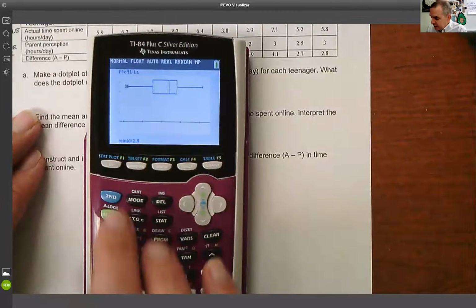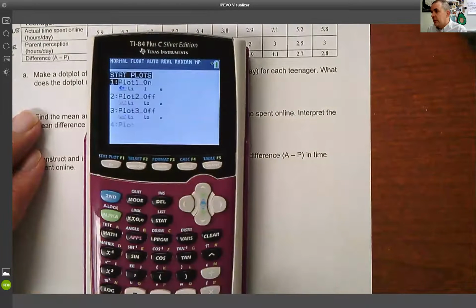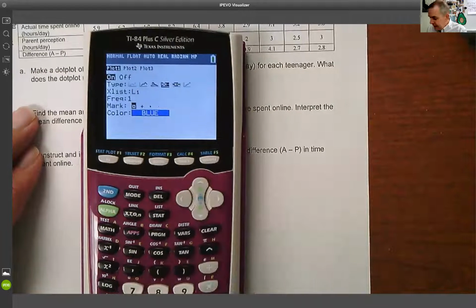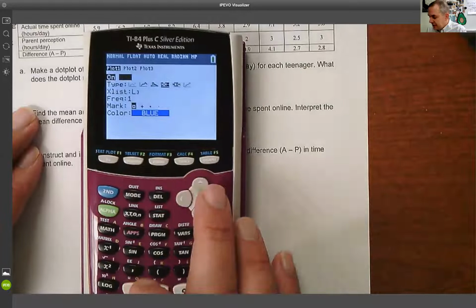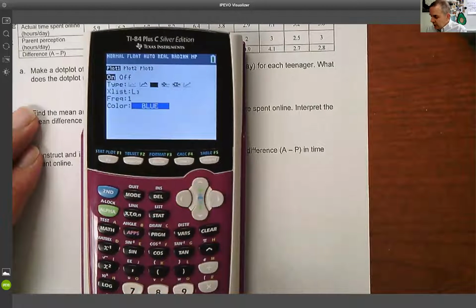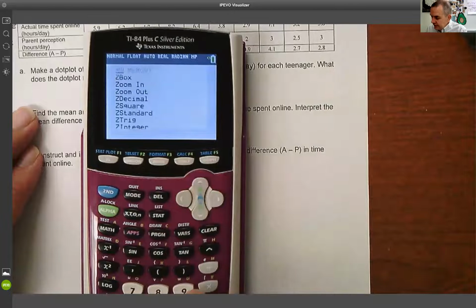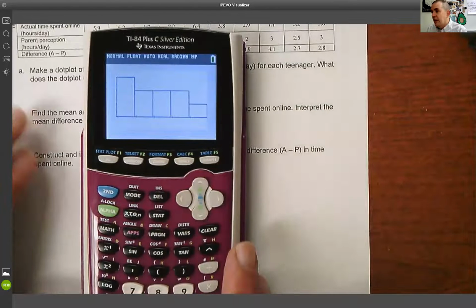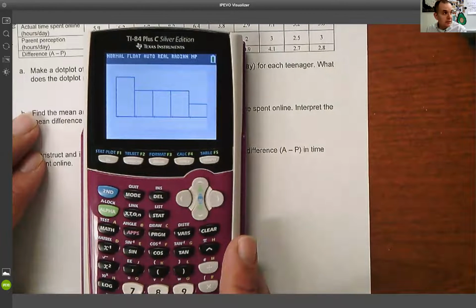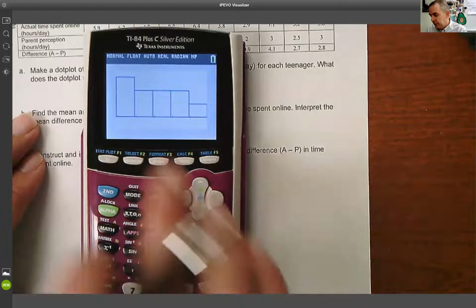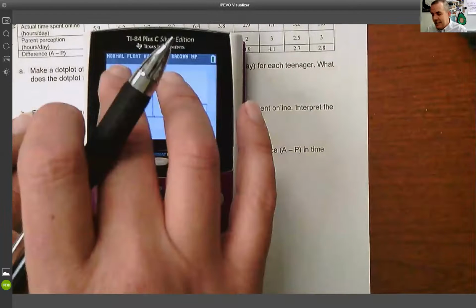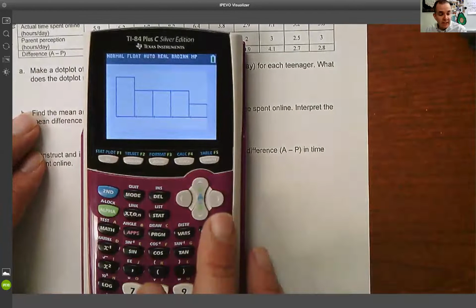I made a mistake. So second y equals. I don't want to run it on L1. I actually want to run it on L3. I'm glad I did that because I can actually show you the mistake. So we're going to go ahead and zoom 9. And if we look at that difference, I will be honest with you, that's not really strong skew. That's almost a uniform distribution, to be honest with you. I know it kind of has that shape to it, but I'm going to say that's not